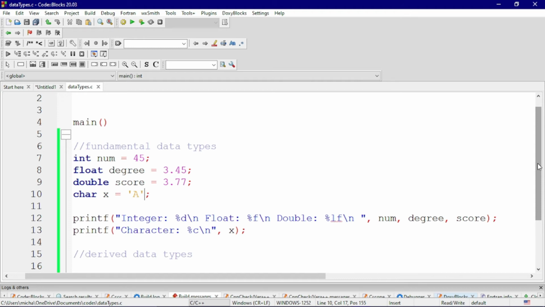If you say int num, what do you really mean? You mean you are defining a variable or an address which is going to point to a whole number which doesn't have anything like decimal places in between it. And if you say float degree, or float whatever kind of variable name you're going to give, you need numbers which are not whole numbers but have decimal places in between them.